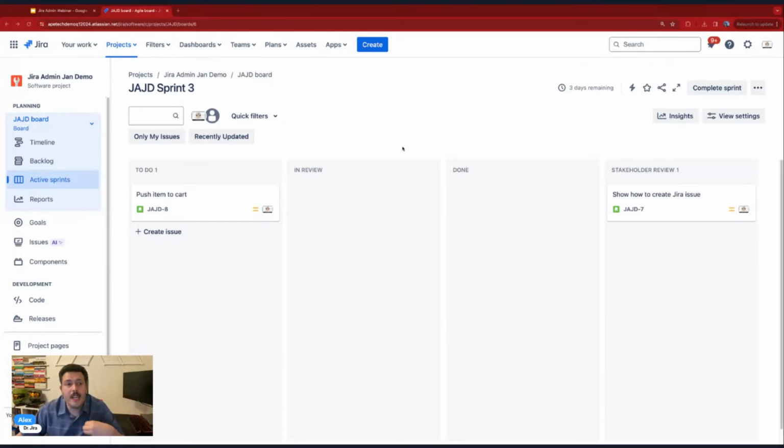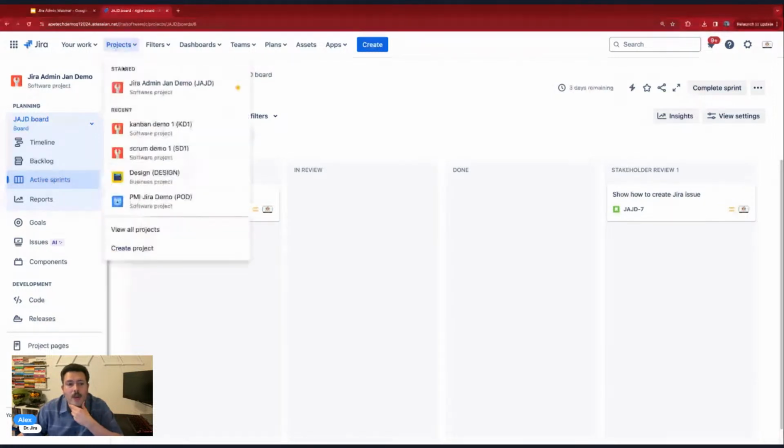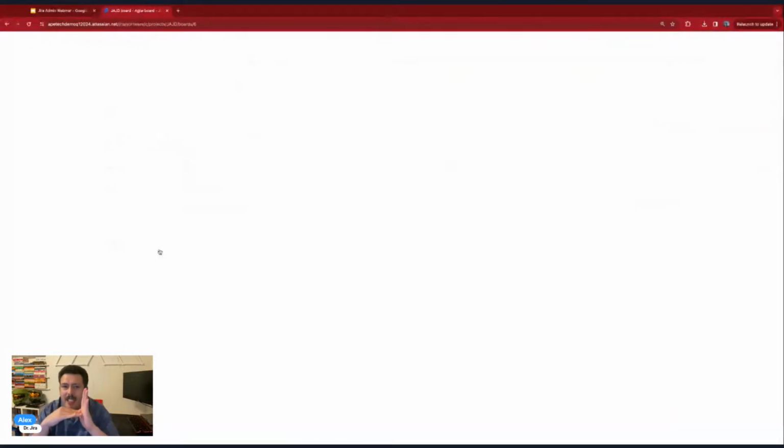And so this is something that I usually invest a good amount of time in because it's the first question. It's the very first step as a Jira admin when you're onboarding a team, when you're getting a team going. The first question is, well, what kind of project do you need? Do you need a Jira software project, Jira service management project, work management? What kind of work are you doing? And so I want to show you the options that are available to you so that you help set up the right one. Because when you hit this create project,